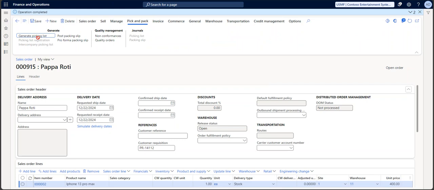As I said, there are a total of three activities in pick and pack: one is the picking list generation, then picking list registration, and then post packing slip. So what do we mean by this? Let's see what the picking list will do. In the picking list, for example,